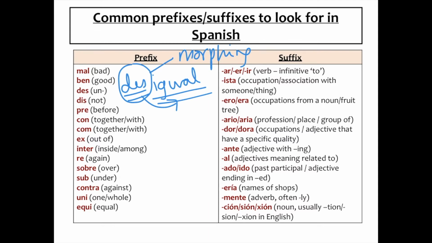These common prefixes, you'll have seen them before. Mal, bad, malísimo, so bad. Ben, good. Des, un. Dis, not. Pre, before. So, predecir, to predict. Con, together or with. A great example of con is this verb here,